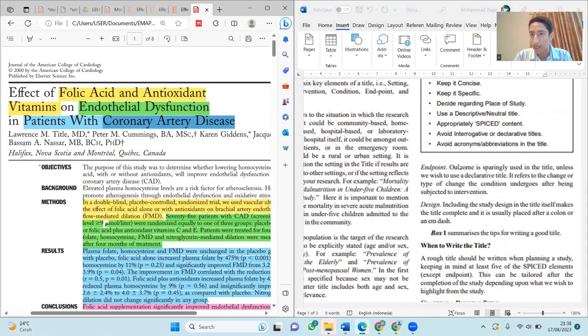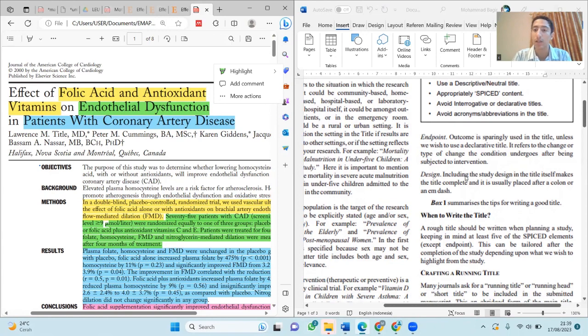endpoints. The outcome is sparingly used in the title unless we wish to use a declarative title. The endpoint is endothelial dysfunction. So the effects of folic acid and antioxidant vitamins on endothelial dysfunction in the patients with coronary artery disease. And the